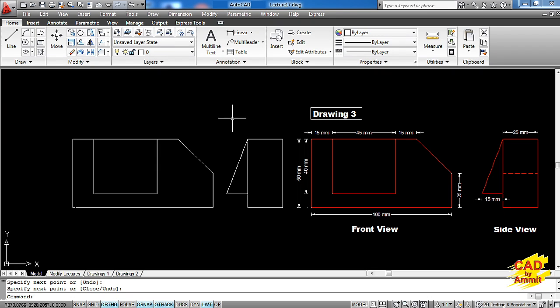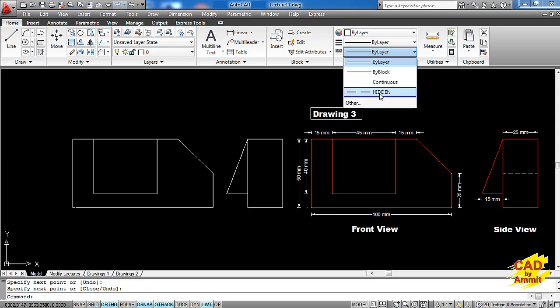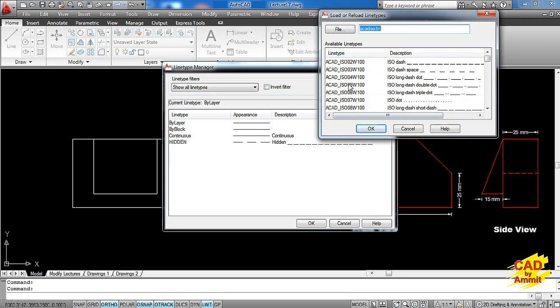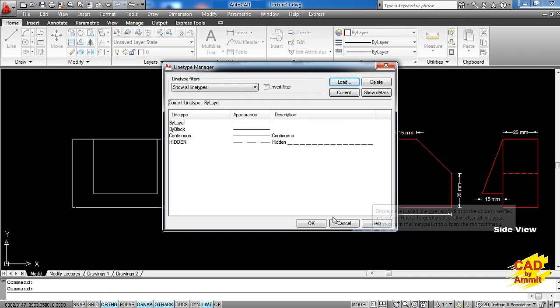and just join this line to the end point of this line to complete it. Now friends, you can see one dashed line here. This dashed line is actually a hidden line. This is showing me this particular cut here, because when you take a projection, even this cut will be shown with the dashed line. So for that we should already have the hidden line loaded there. If not, then you can click on the other option and you can click on the load option and you can load the hidden option by typing down H. We'll come to the hidden line type, and we can load it from here. This is already loaded, so I need not load it now. So I can simply click on cancel and come out of this.